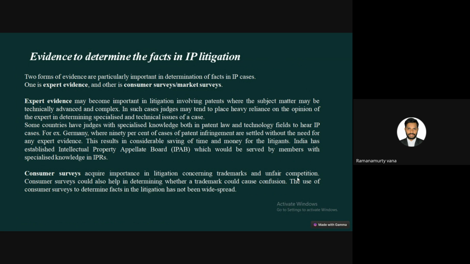Two forms of evidence are particularly important to determine the facts. One is expert evidence and another one is consumer surveys or market surveys. So the expert evidence, basically